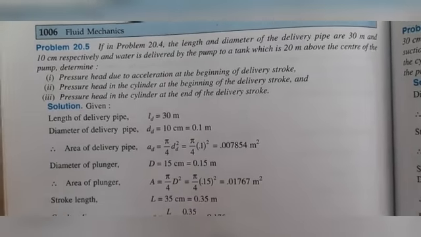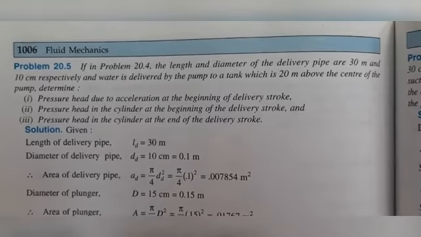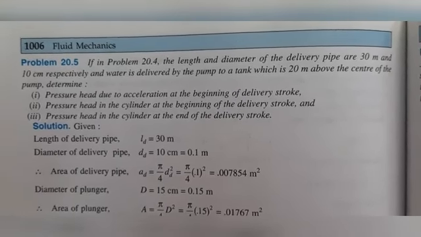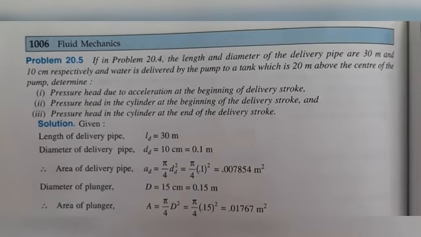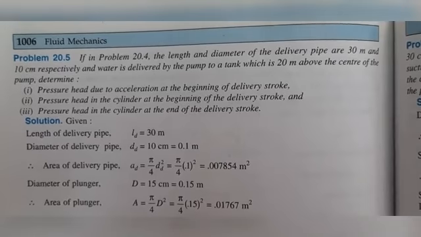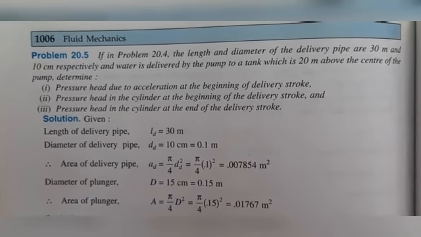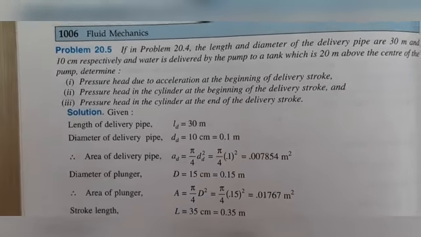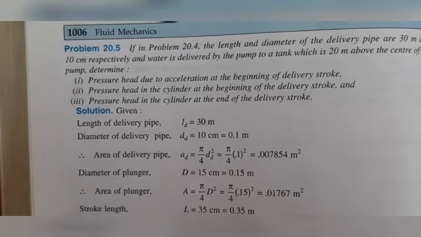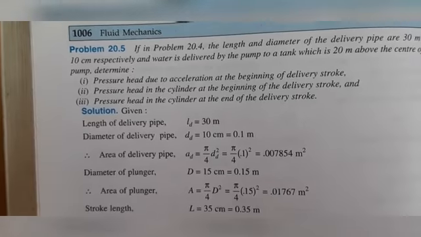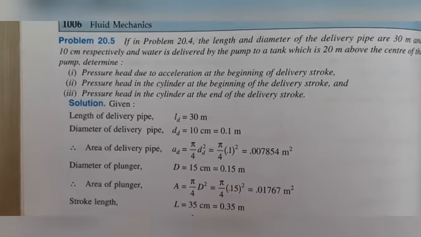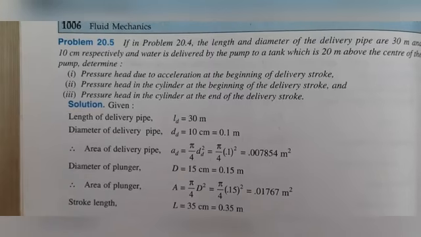Next, in the above problem, the length and diameter of the delivery pipe are 30 meter and 10 centimeter respectively, and water is delivered by the pump to a tank which is 20 meter above the center of the pump. Determine first the pressure head due to acceleration at the beginning of the delivery stroke, second the pressure head in the cylinder at the beginning of the delivery stroke, and